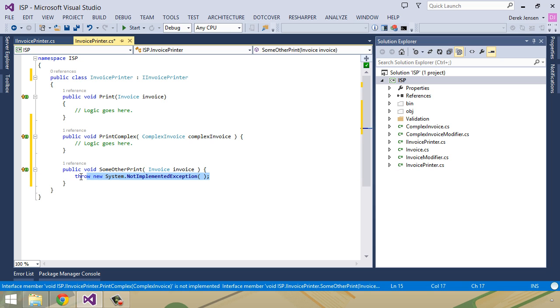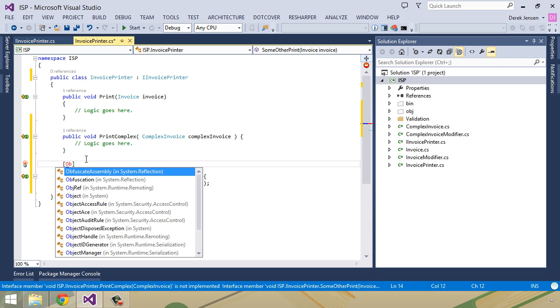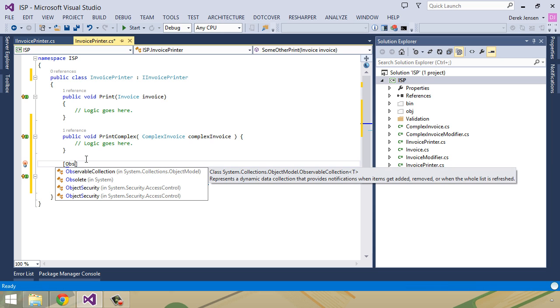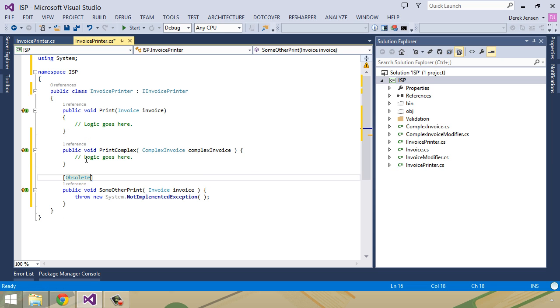And then we oftentimes put in something here like a throw, or maybe we start to decorate this with an obsolete attribute or something like that, which really starts to muddy the waters and makes it difficult for you, as well as other people that are going to have to work with this code, to truly understand what's going on here. So the interface segregation principle says that we should never force any particular class to implement some member